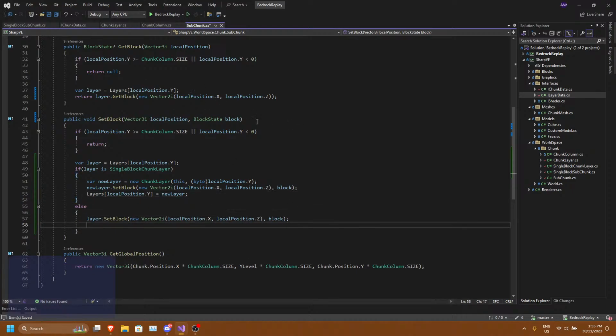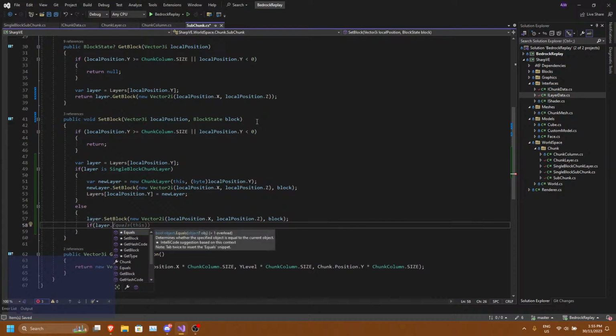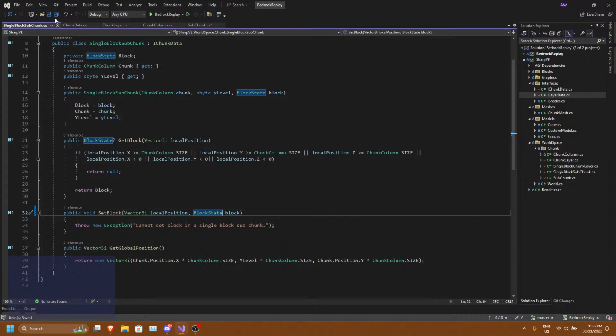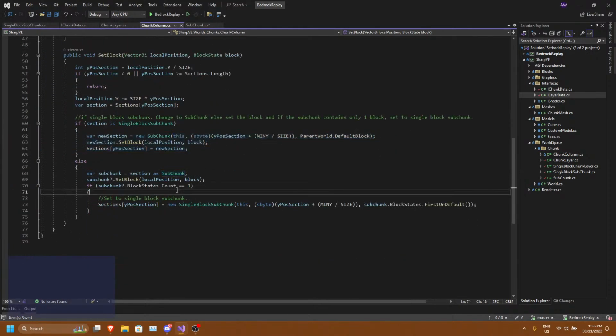Then if layer top... okay. Then in the chunk column, I did something here.